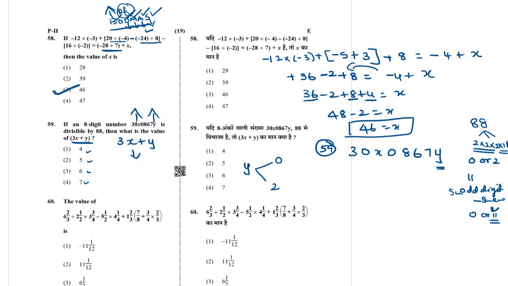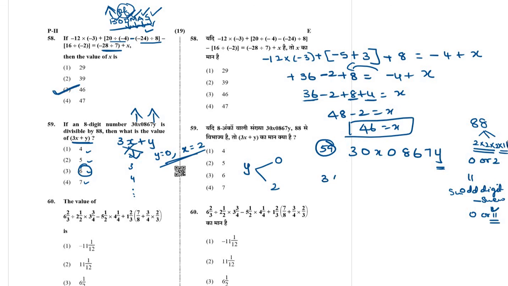Suppose I am putting 0, what is the value of x? x may be 1, 2, 3, 4, like that it goes on. y value I am putting 0. x value 1 means 3. 3 is not in the options, so no need to check 1. x equal to 2 gives 6, so one option is there. We have to check. 3 means 9, no option is there. So only if y equal to 0, x may be 2, and we need to check. One option, 6, is there.